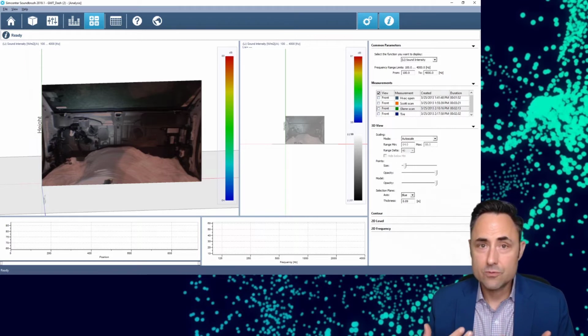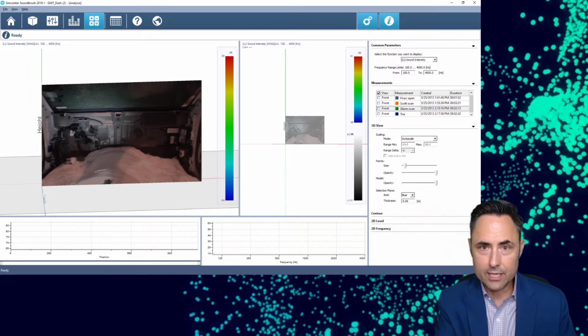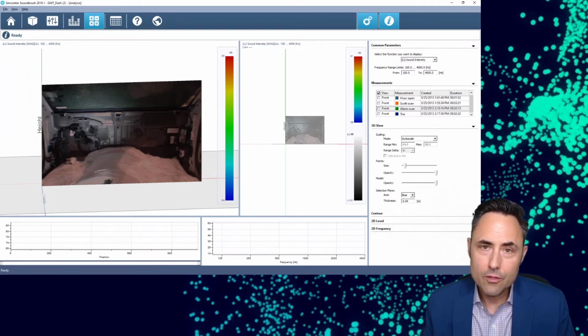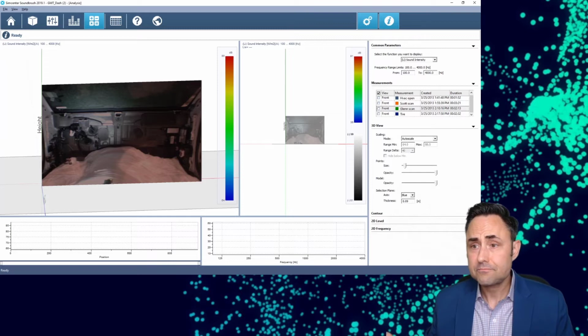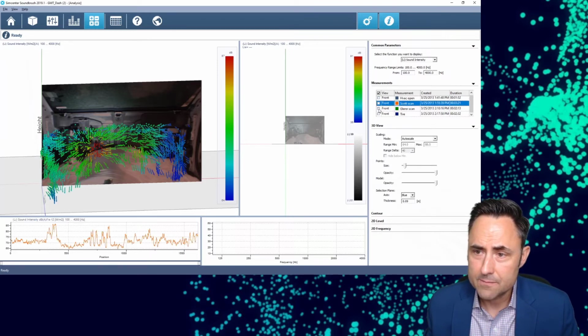And you could do this with an intensity probe, and you could set up a grid and measure really carefully the XY plane there and measure your sound intensity. But we did this really, really quickly with the SoundBrush, and I'll put these measurements in here.